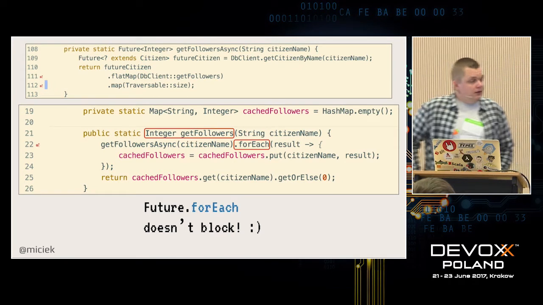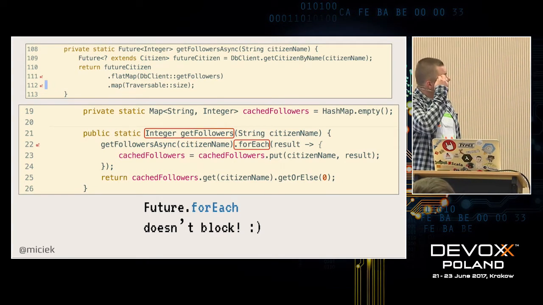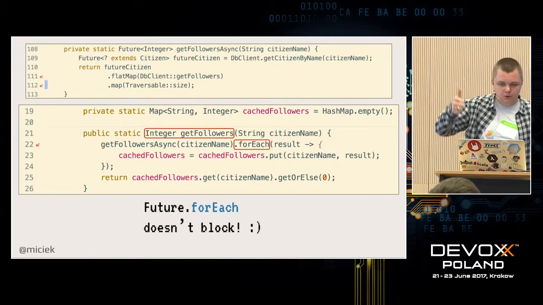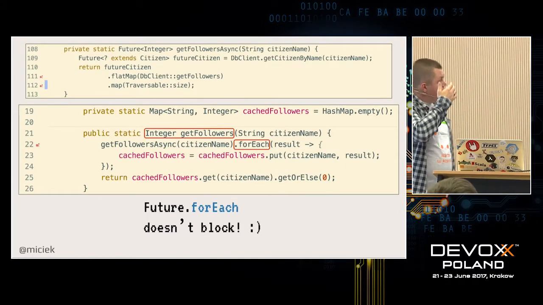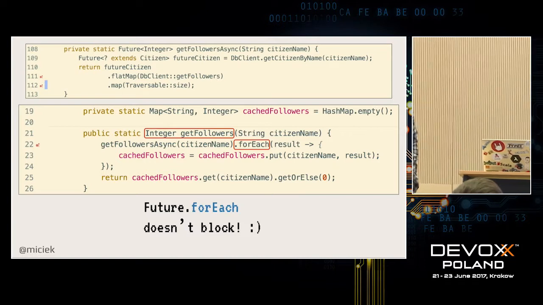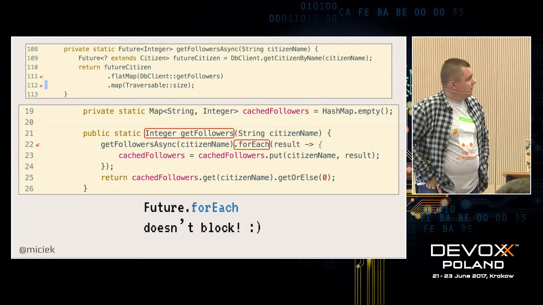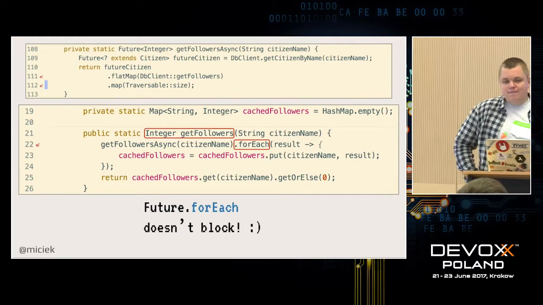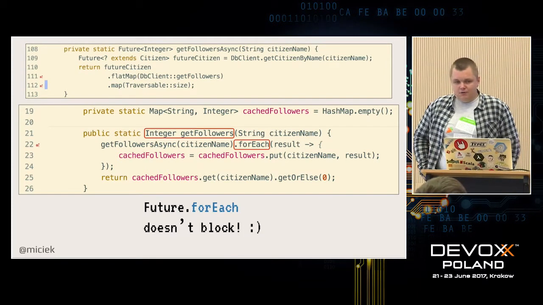So in line 21, as you see, we have a function that returns an integer, not a future of integer. That's what we want to do. And in order to achieve that, we need to implement something like a cache. So in line 19, you can see a map from string to integer, which is a cache of currently fetched values. And every time somebody